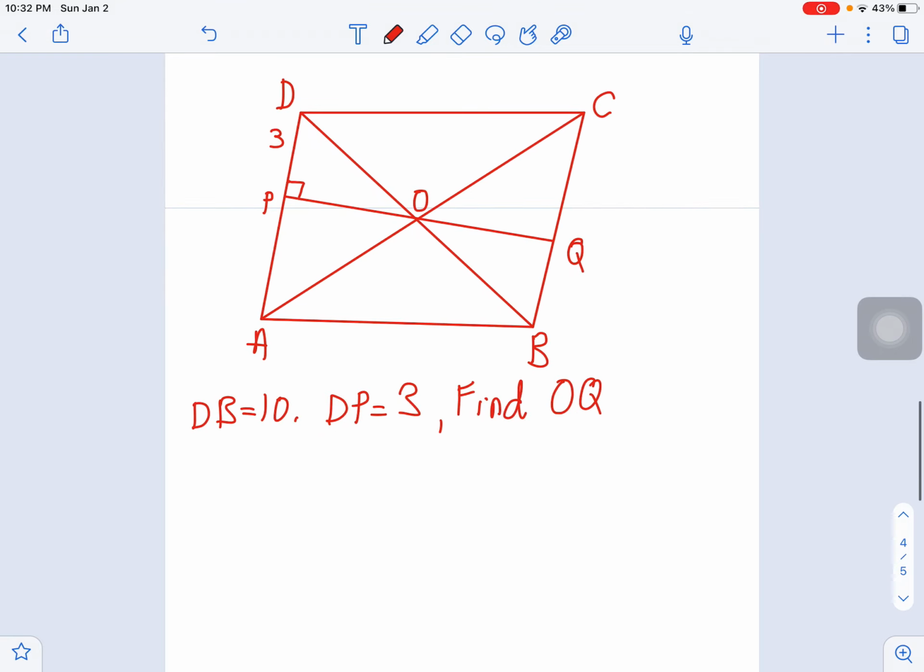The first thing that you would do is to focus on triangle DPO, which is a right triangle. Now, in triangle DPO, the hypotenuse is DO. Hypotenuse DO happens to be half the length of segment DB, where DB is one of the diagonals of the parallelogram, and we all know that diagonals of a parallelogram bisect each other, and that being the case, DO